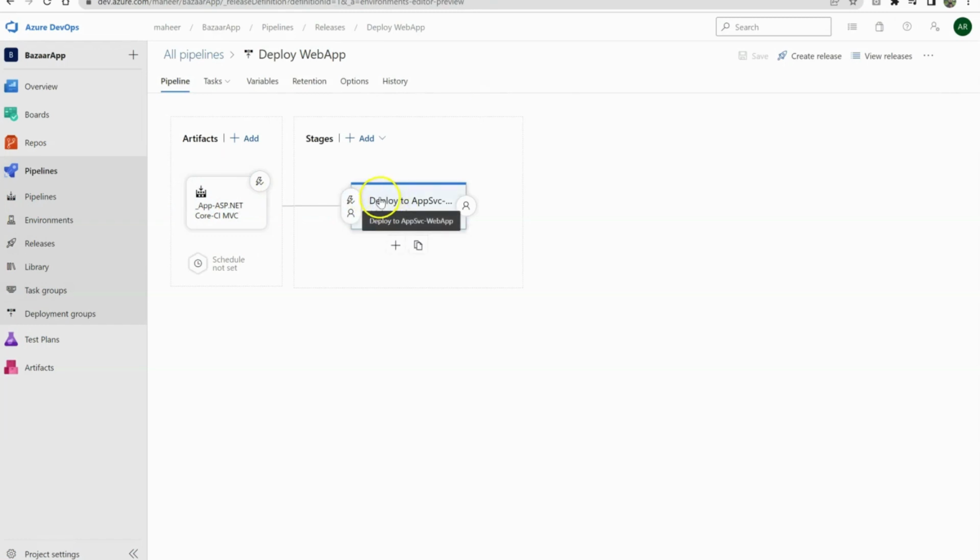deploy to Azure App Services. Previously it was named Dev. I have renamed it to deploy to App Services Web Application. So what we will do is extend this CD part, which is trying to deploy to App Services. We will try to deploy on the virtual machines. Before extending this pipeline, what we need to do, we need to